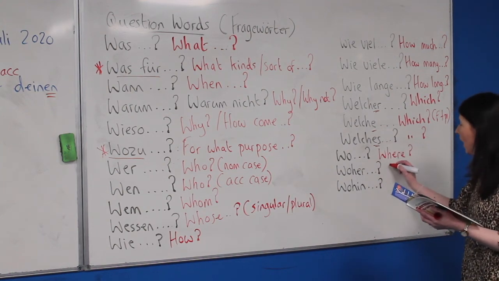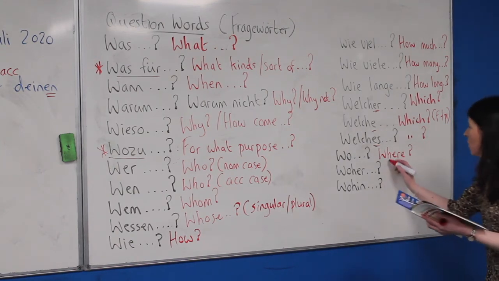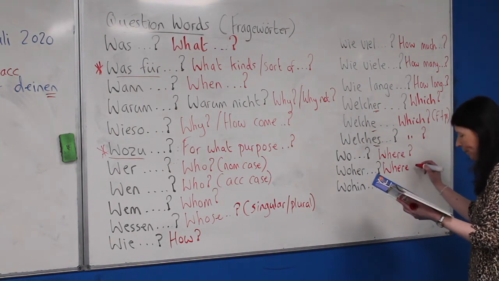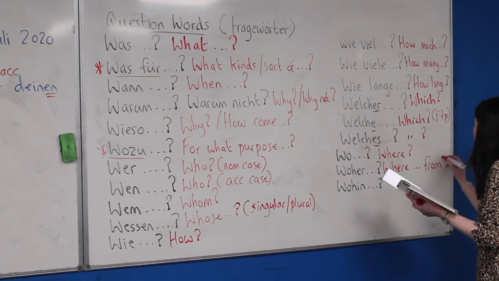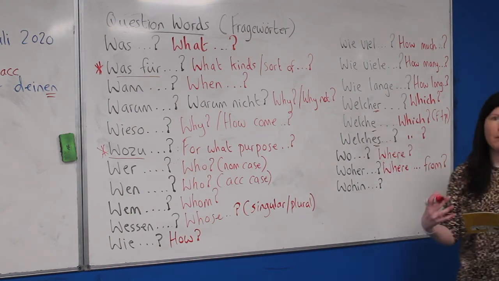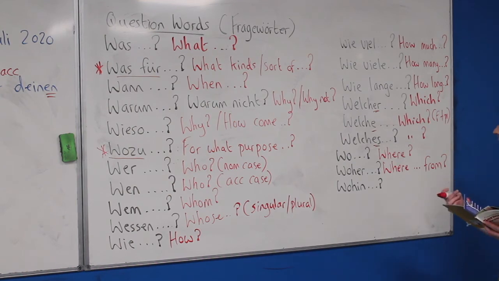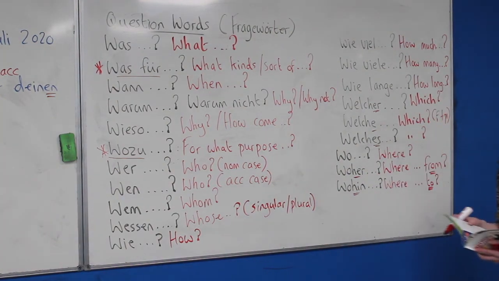And then we have woher is where from. So woher kommst du? Where, and then we have from. So woher, where does your friend come from? Woher kommt dein Freund oder deine Freundin? And then wohin, so the her denotes from and to wohin. So once you have a very good idea of what they mean,